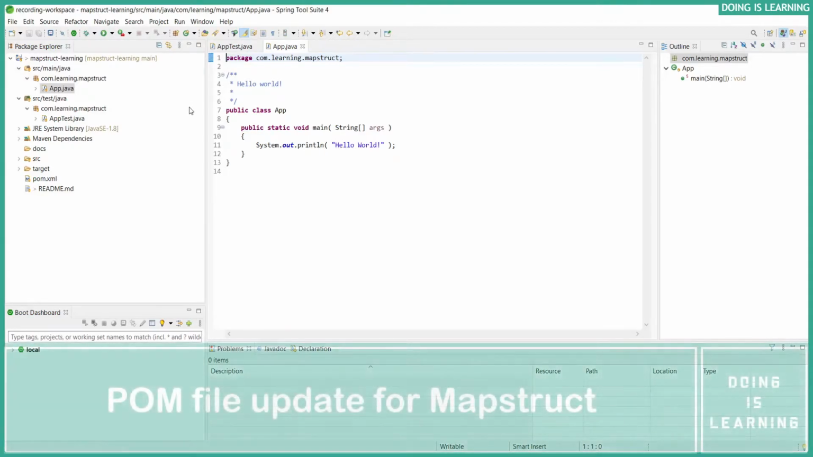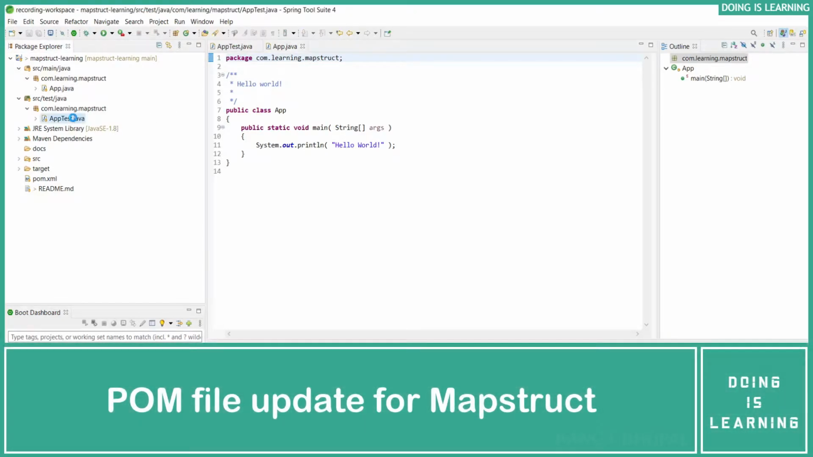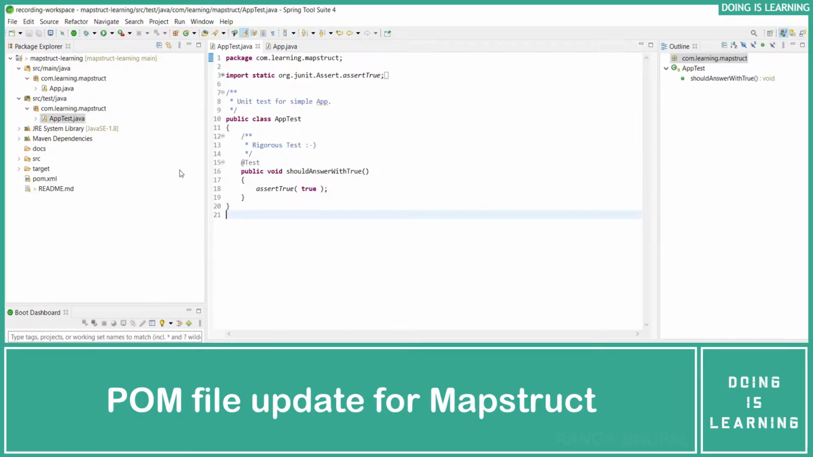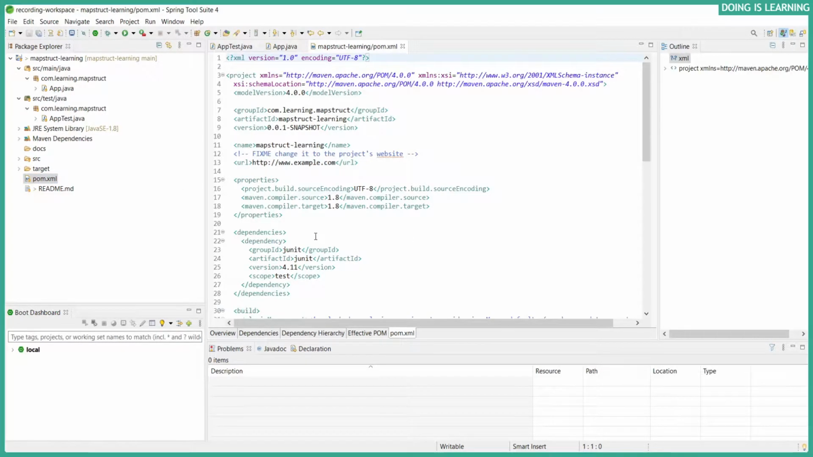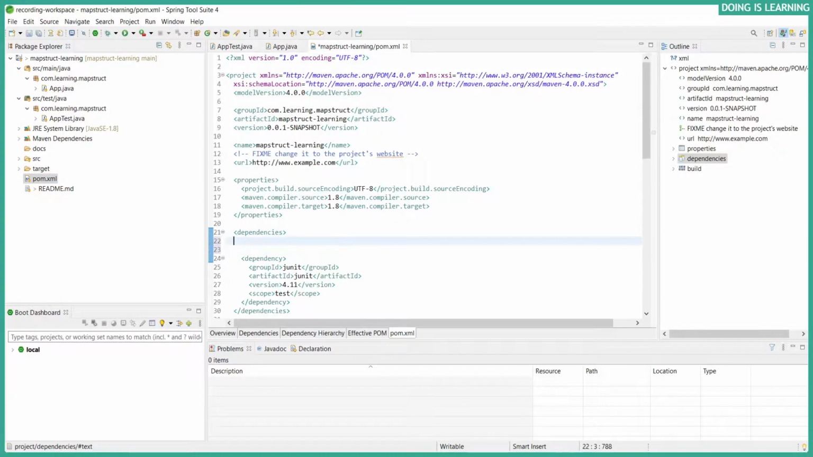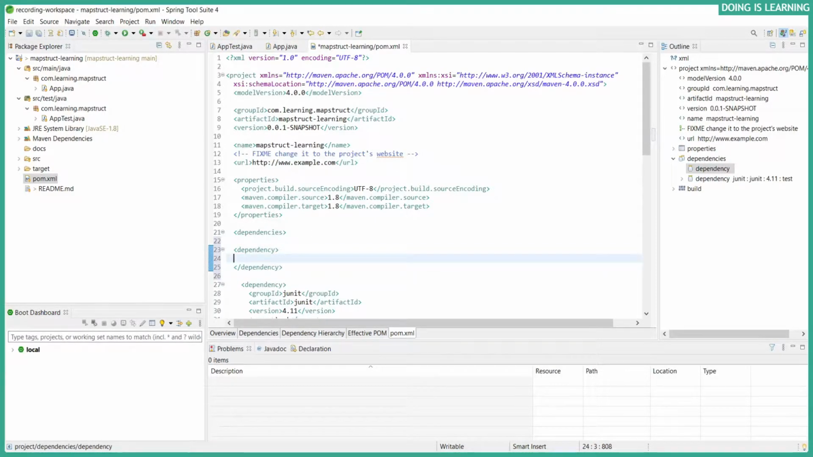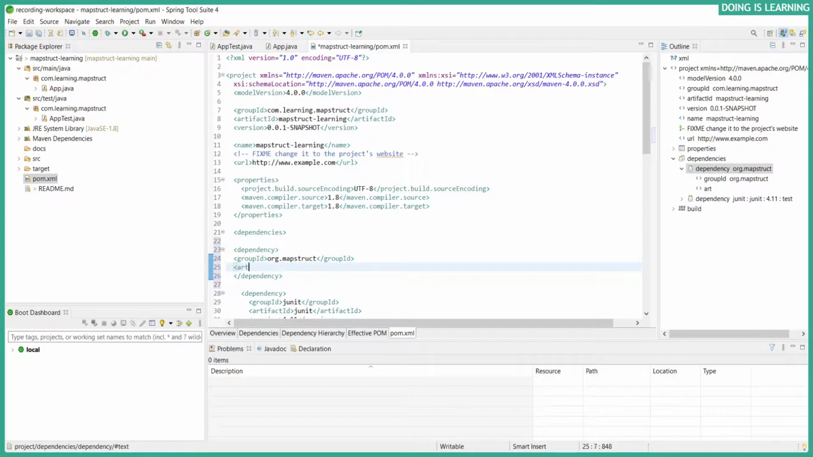Now we have successfully created the Java project and we were able to run the test as well. Now let's update the POM.xml with MapStruct dependencies. So let's go to the dependencies section and add a new dependency, and group ID as org.mapstruct and add artifact ID MapStruct